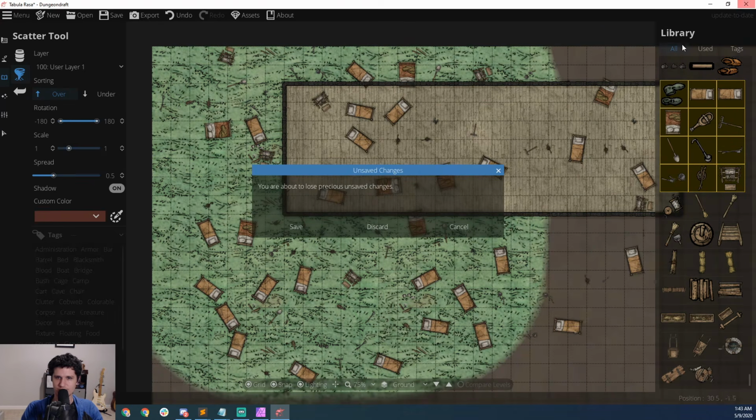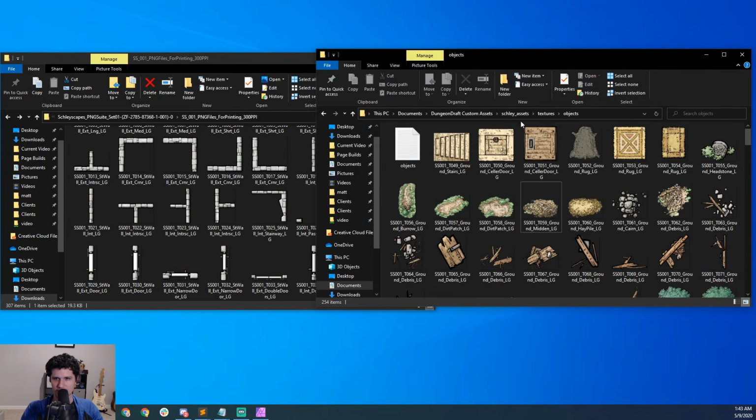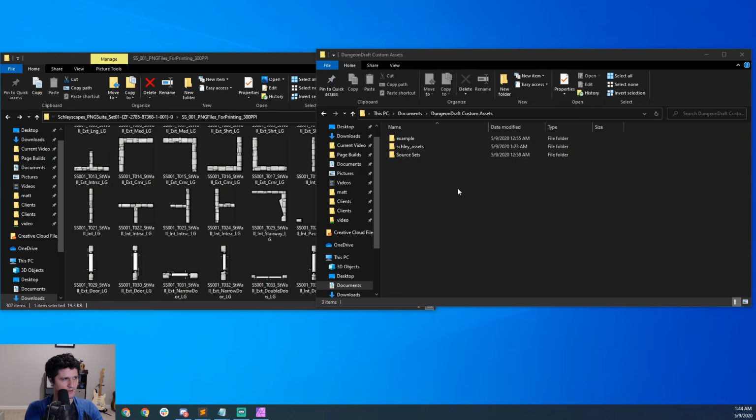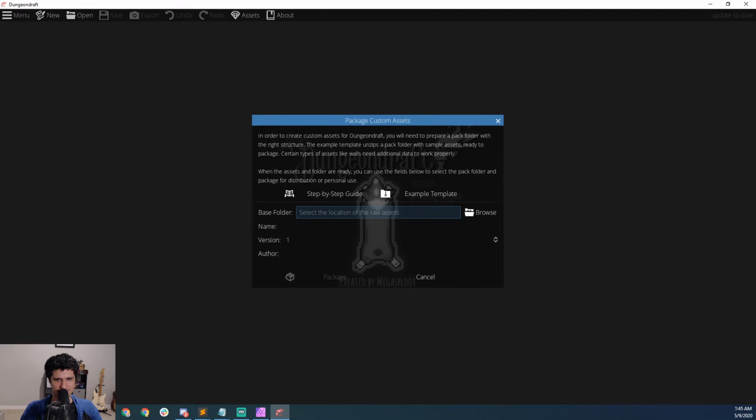So we're going to close this, hit discard, and we're going to come back up to our root folder here, and we're actually going to go one farther up, and we're going to delete our Schley assets.dungeondraft_pack file, and we should be good now to open up DungeonDraft. And now that that's open, and we have our original asset pack deleted, we can come into menu, we can go to package custom assets, we can